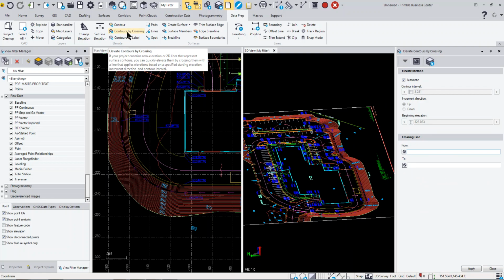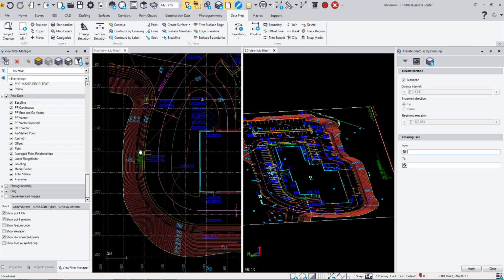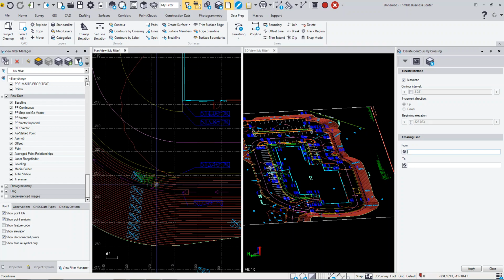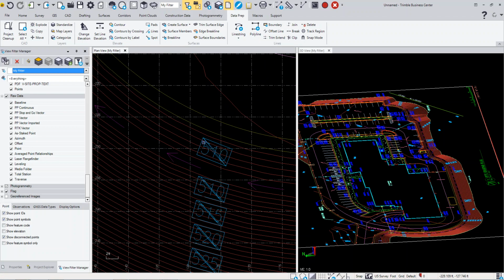The elevate contour by crossing command will let you elevate a series of contours rather than just picking individual ones. So to begin with, you need to have two contours with good elevation. So what I'm going to do is elevate a couple of contours that I have or know of